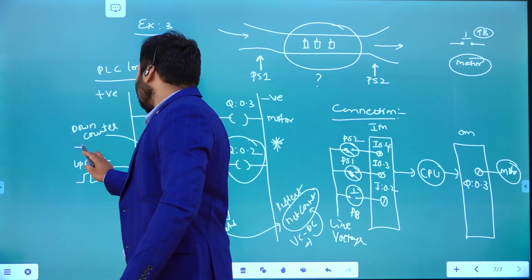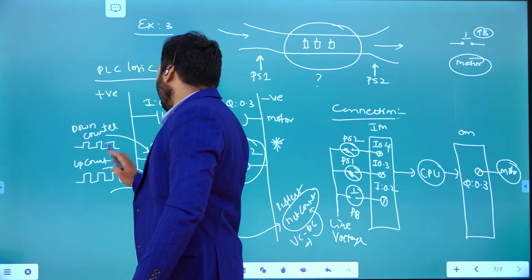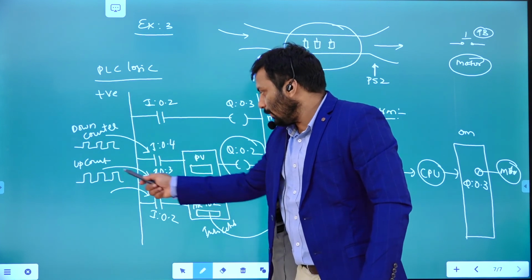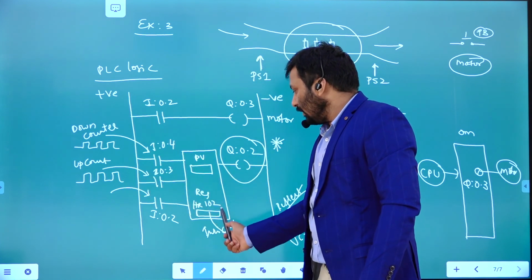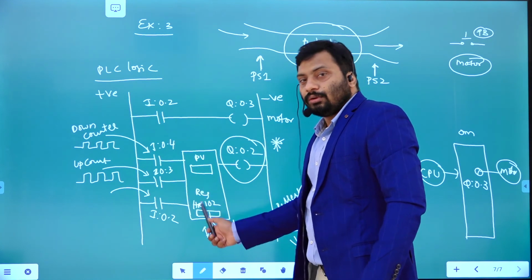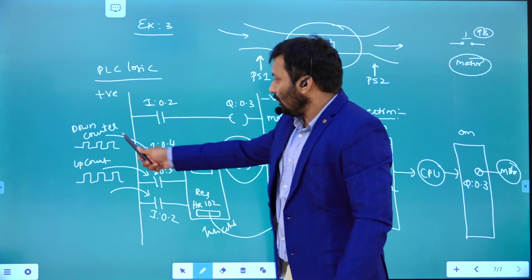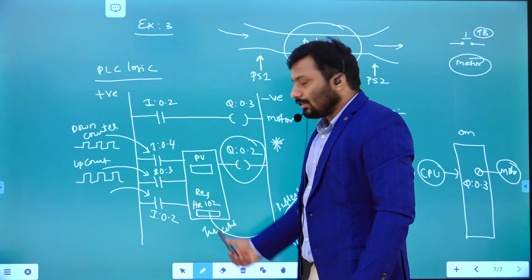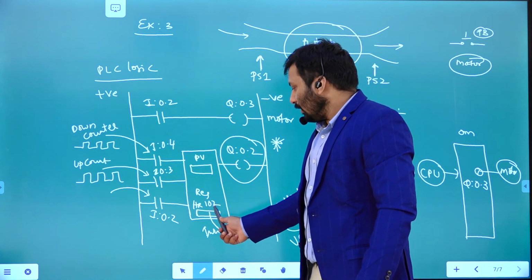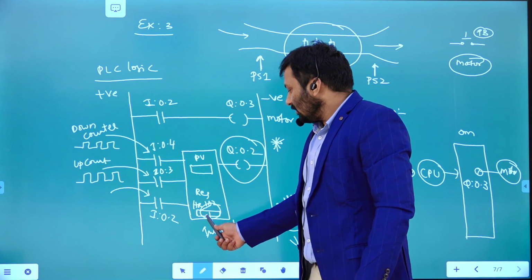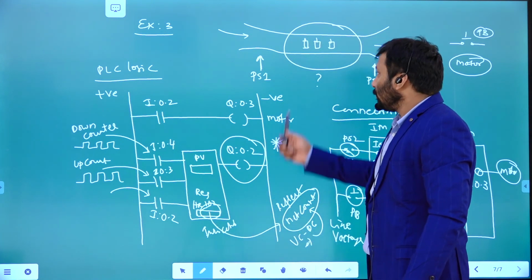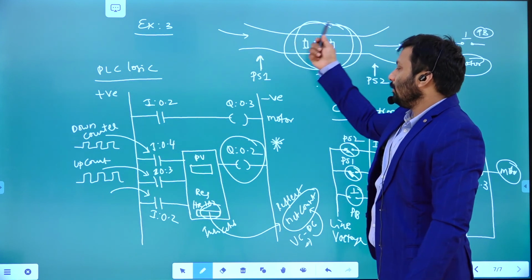So for every one pulse, what will happen? Every one pulse to this particular contact is used to increase the value present in this particular reset value, 0 value, like this, right. Every down counter pulse is going to decrement that particular value, right. So at the end, you can see always this is the difference between the up count and down count. That is the net count present on this particular conveyor belt.